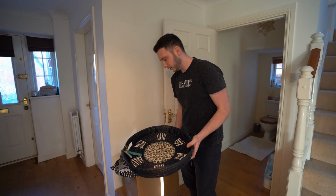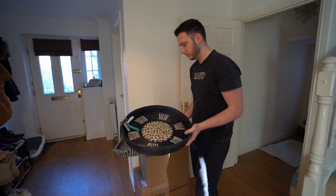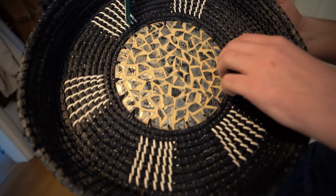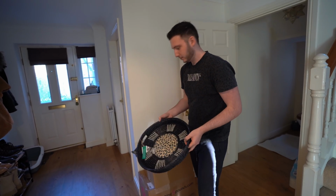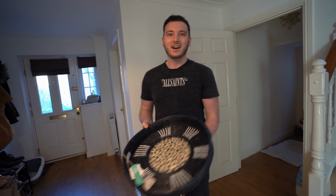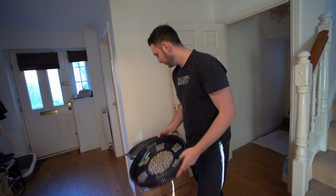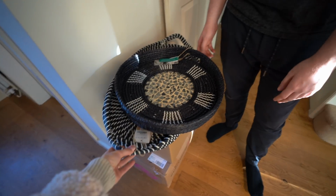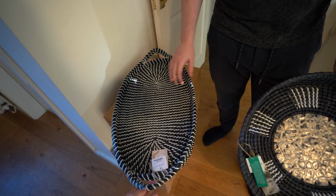And the last things we picked up were some baskets, which were really cool. These were $12.99. They're really awesome. And this one has, what would you call that? It's like a shell detailing, a mosaic in a way. We thought these might be really nice for picnics. Looking forward to the summer. In the summer when we make sandwiches, we take them out to the garden, so we thought, oh, these will be cute. And I love this. It reminds me so much of the trays that they would use when we went to Bali. Oh, like the floating breakfast. Yeah, they would bring out all of...